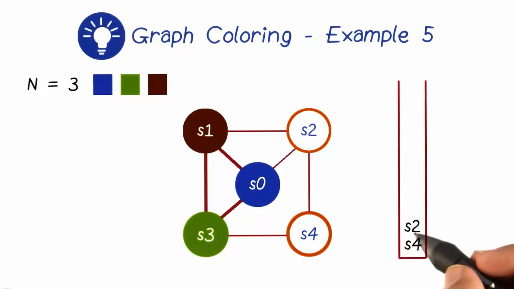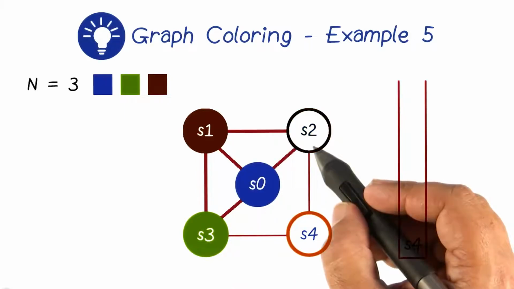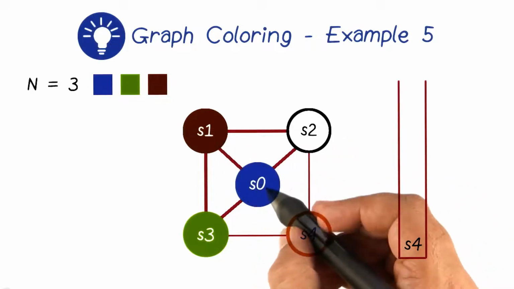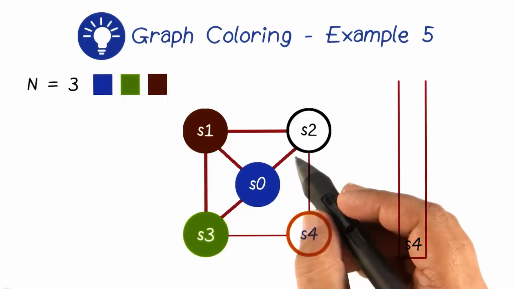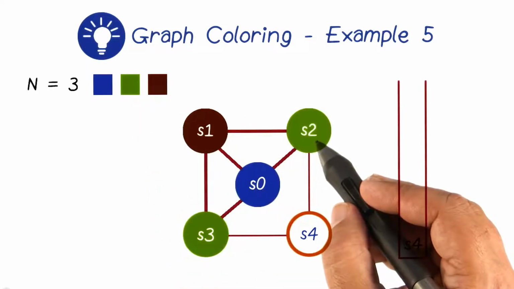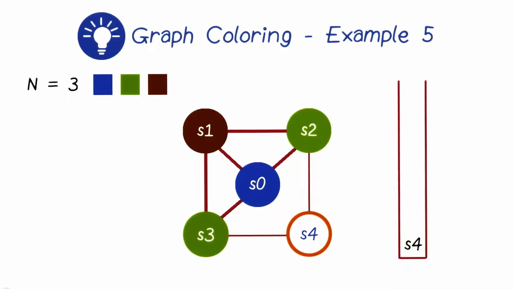Next, the node to be removed will be S2. Now you can see that the choice of color for S2, it cannot be red, it cannot be blue. So what must it be? The remaining one, which is green. So now S2 got a color of green, and then finally the last node to be removed here is S4,